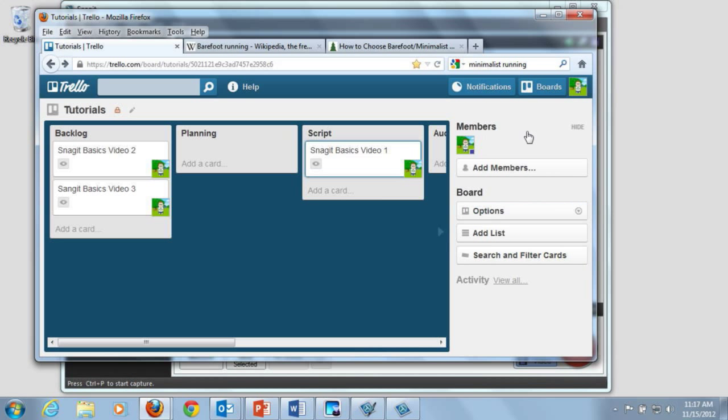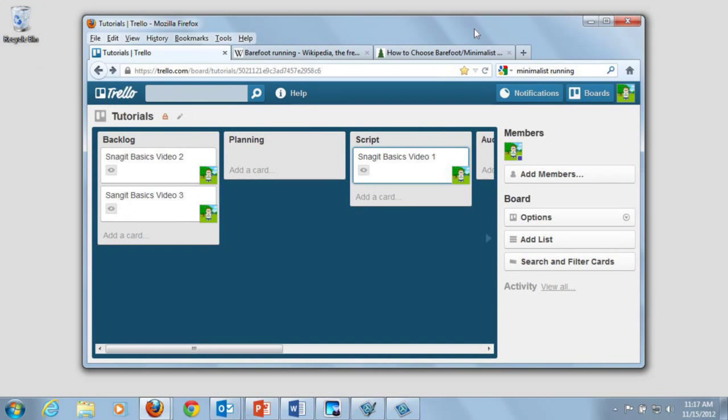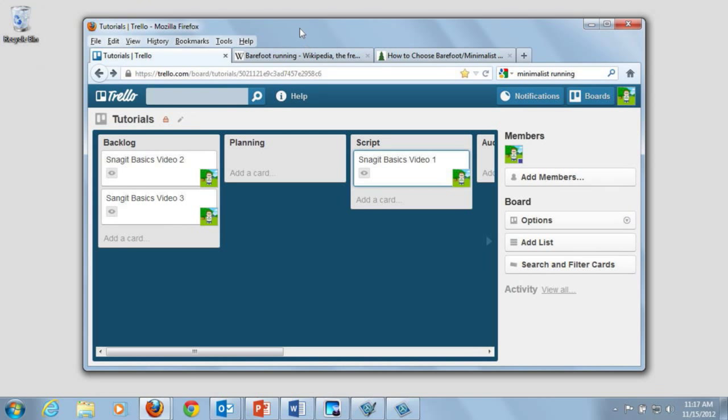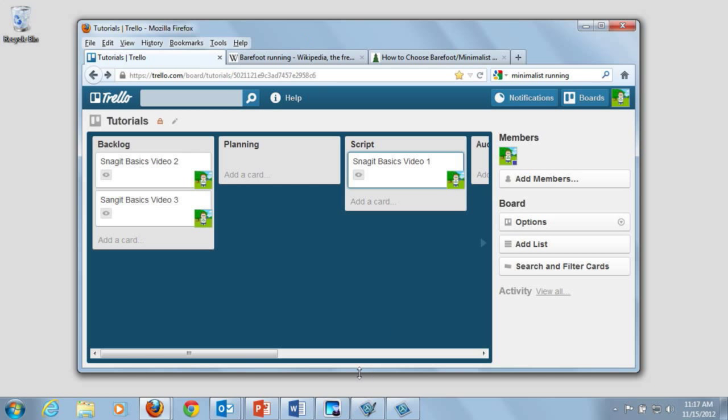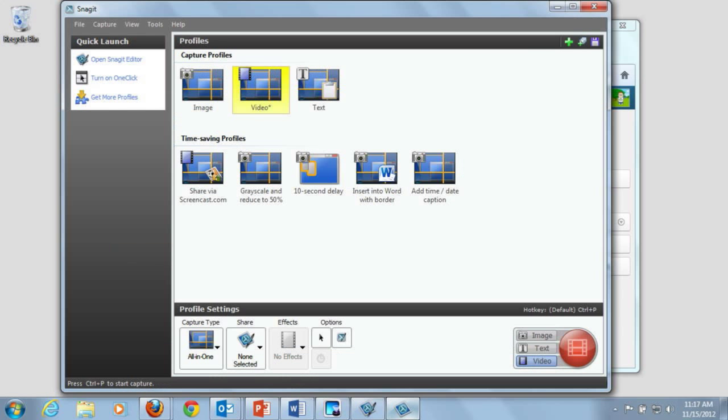Okay, and then the other thing that I didn't mention was I want to make sure that there's nothing else behind it. Because we have that translucent effect, things are showing through. So I make sure that that's the only thing on my screen. Gotcha. Okay, so now we'll bring up the capture window again,